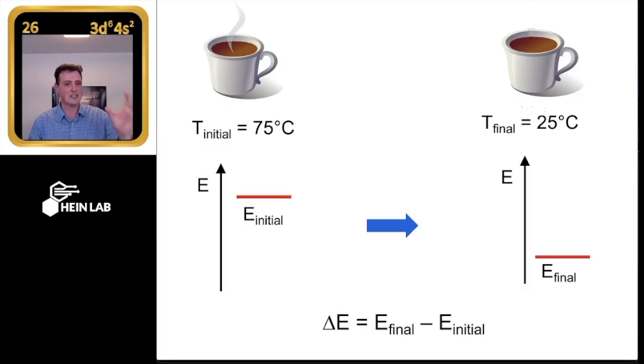And why this matters is 75 C, that is a state, which means I don't care how I got to 75 C. I could heat it up to 100 and let it cool to 75. I could carefully heat it to 75, but everybody could agree, look, if I want to measure the difference between these two, get to 75, hold it at equilibrium, then let it come back to 25, hold it at equilibrium, measure what happens in between the two, and everybody agrees that yes, final minus initial equals this delta, the change between the two. So for any of these systems, what we can say is the total internal energy can change